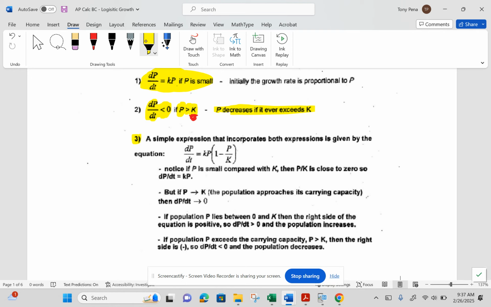All right. So a simple expression that incorporates both of these ideas is given by, and this is our differential equation. If we are comparing what we did yesterday to what we're going to do today: yesterday, our differential equation was this. And this said that our population is changing over time at a rate that is proportional to